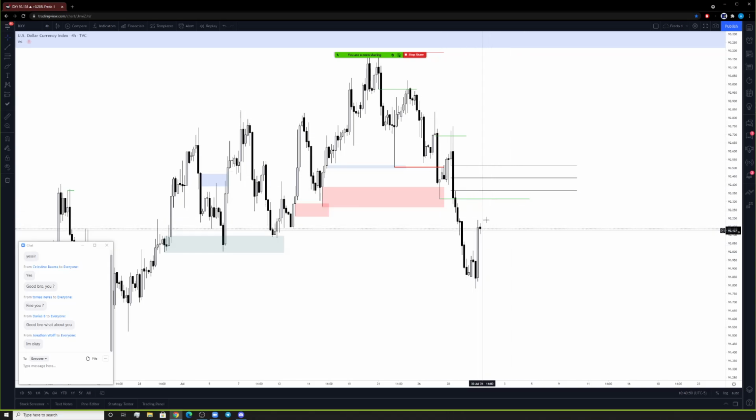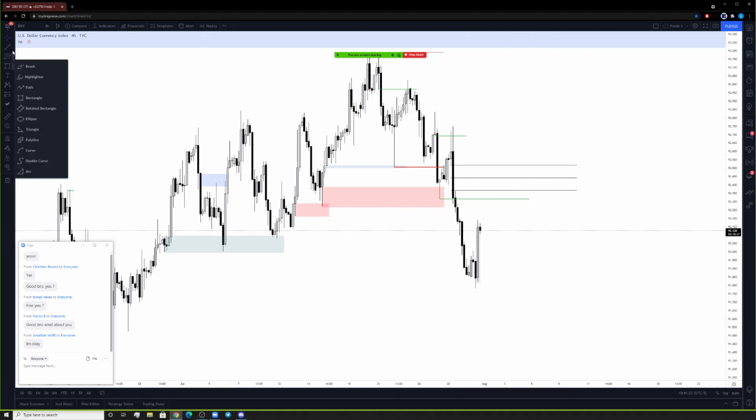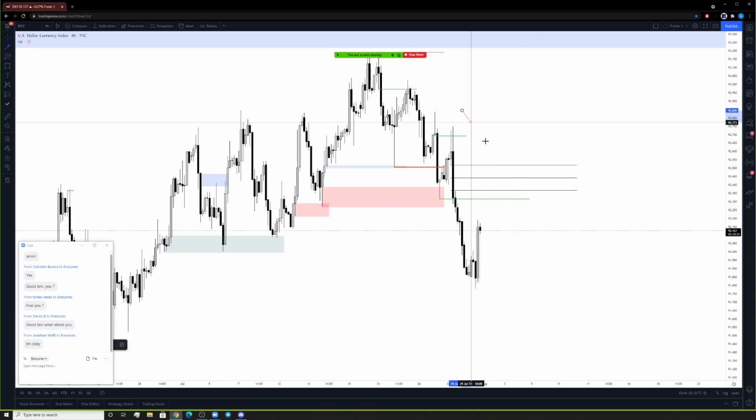Right, so now I need some type of reaction, because although this may not be reacting here, this may not be reacting from something, I'm noting this, which is a very strong move to the upside, very strong momentum. So in order for the momentum to be negated, I need internal breaks of structure, internal order flow disruptions, internal liquidity grabs. I need something to justify the continuation. Without that, it's hard to make a judgment.